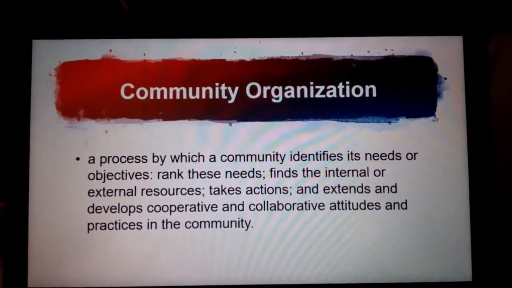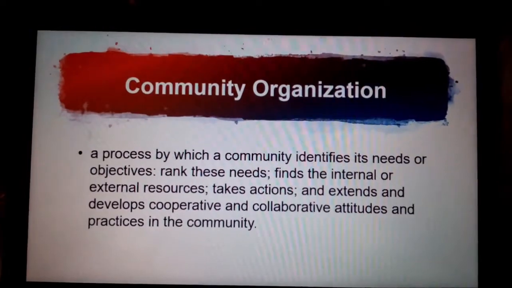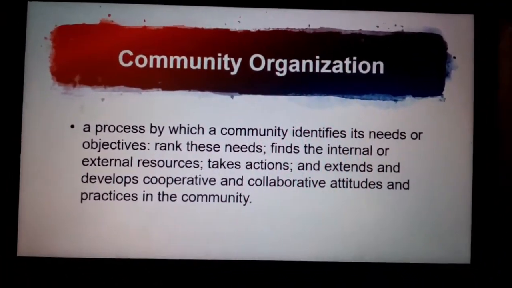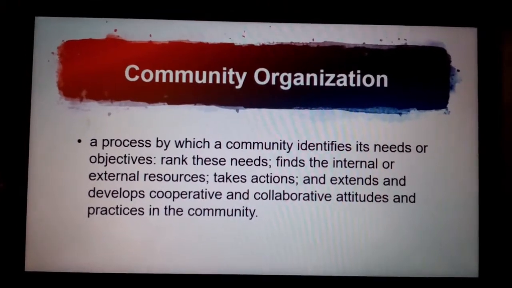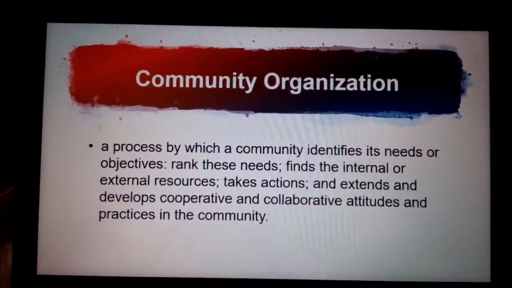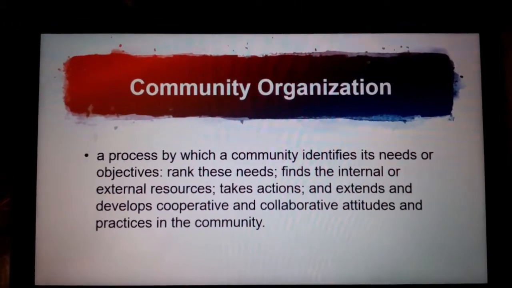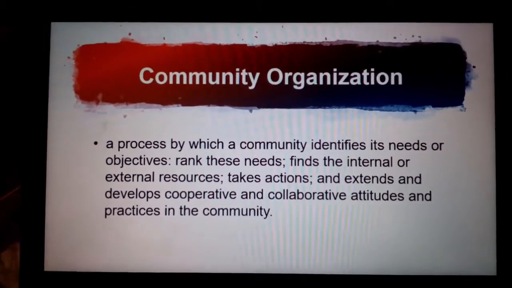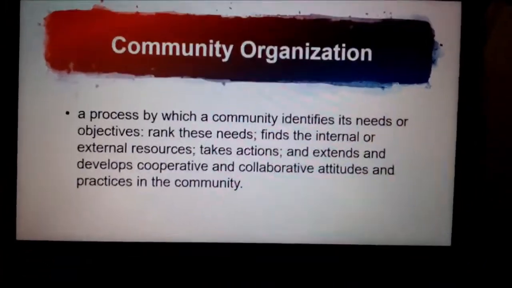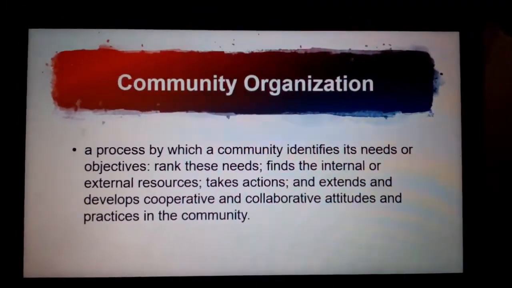I don't need to explain further this topic because from the word itself, community organization is just the example. What involves a community organization? Rank, needs, resources, actions, development. Diba? Yun yung involved sa community organization when you're going to build an organization, especially in the community. So, next,